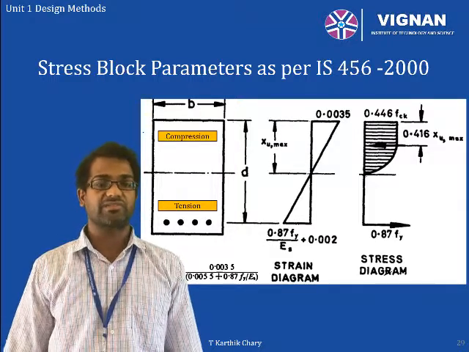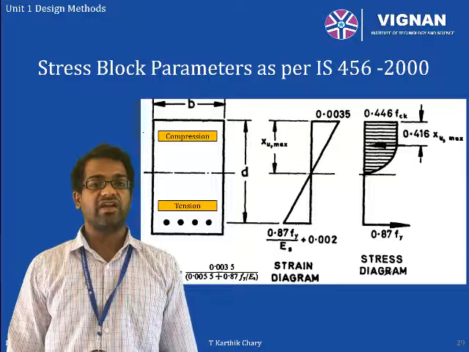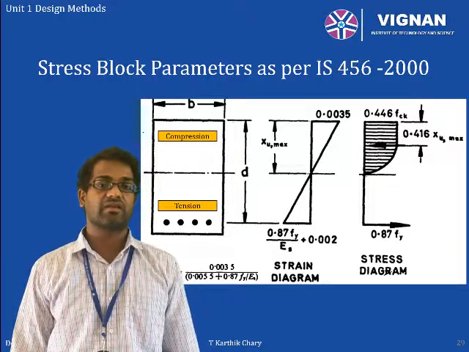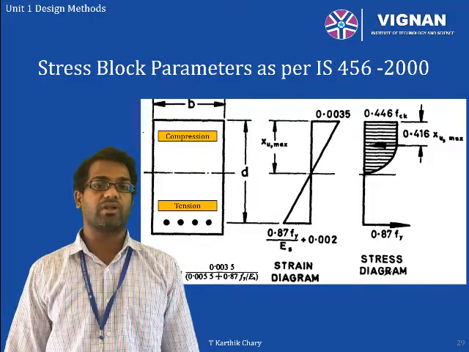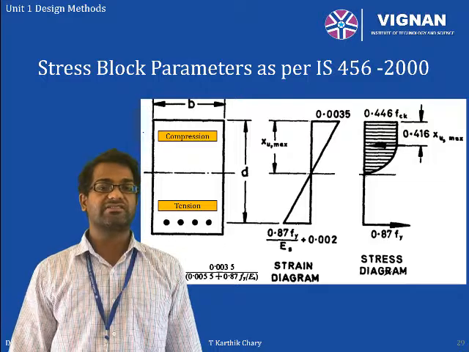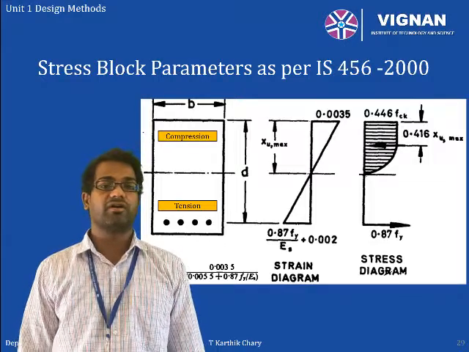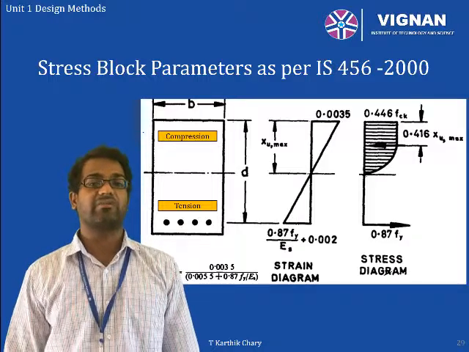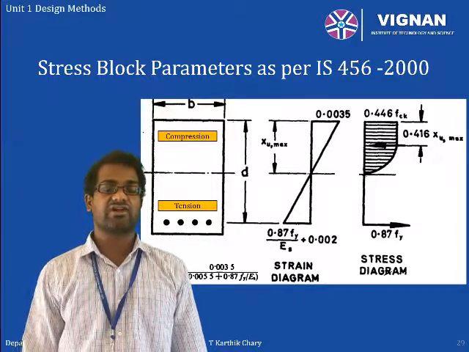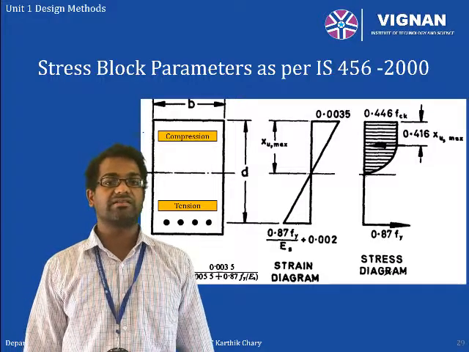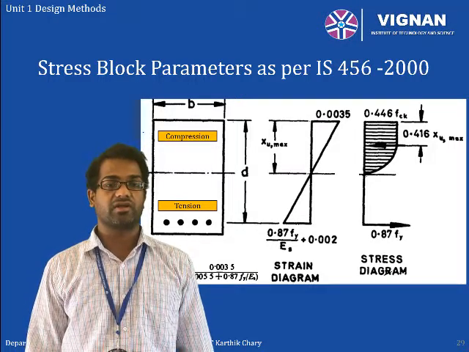The last assumption is that we derive the stress diagrams from the concrete, which we have discussed in the previous class. That diagram gives you a rectangle and a parabola, and we have discussed that the design strength of the concrete is 0.67 divided by 1.5 times FCK, which comes to 0.446 FCK. That is the compressive strength of the concrete.